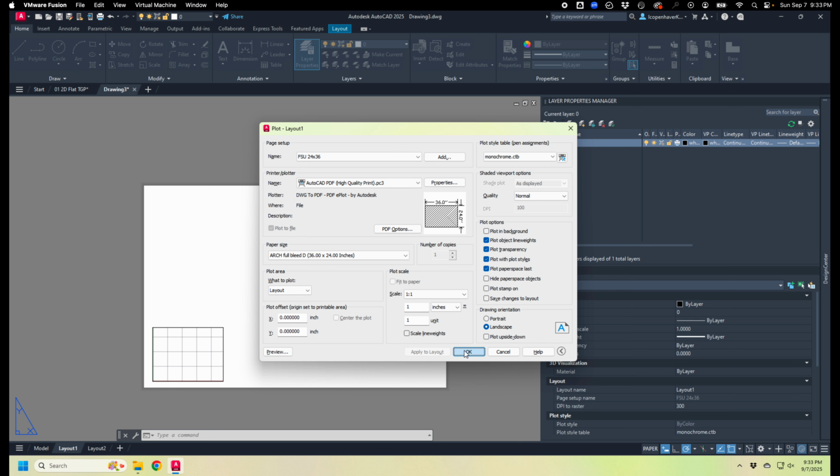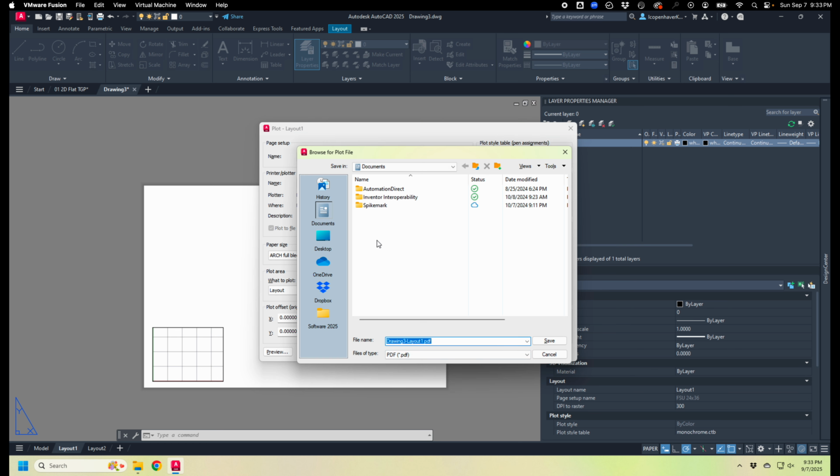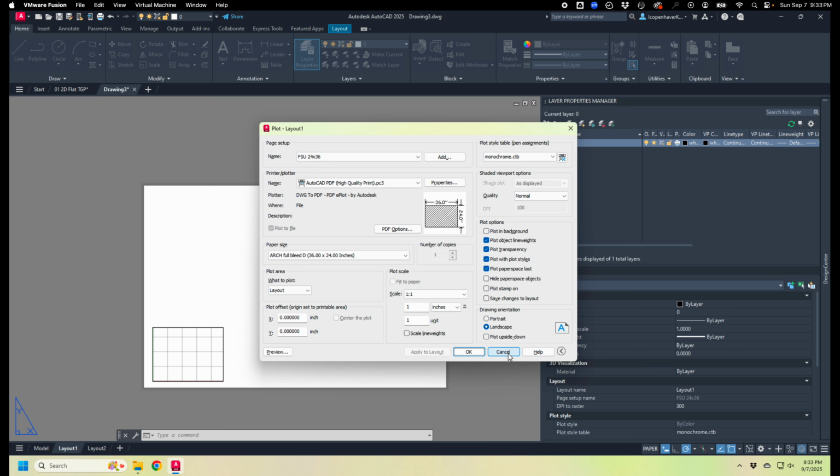So if I click OK, it's going to prompt me for a place to save the file. I might click here and send it to whichever folder. Ideally there's a folder that is designated as the place that you put things that you have printed or not, but that's entirely up to whoever is managing your file system in your show. It varies from person to person. Make good choices, friends. I'm going to hit cancel here